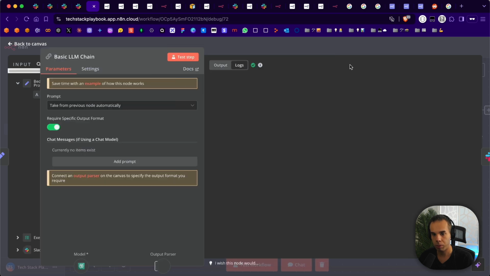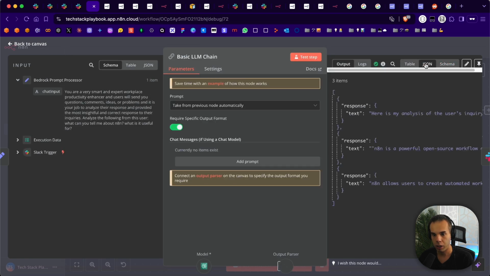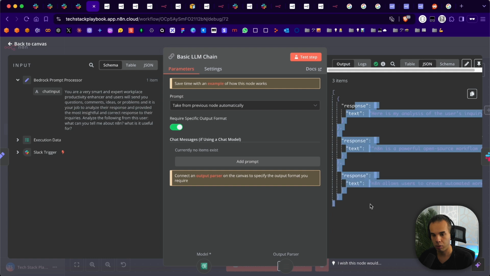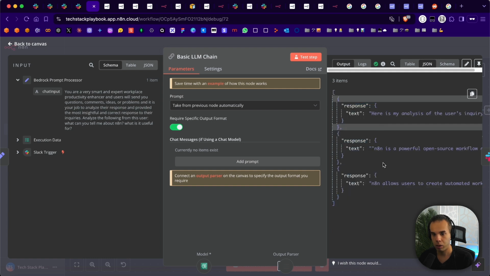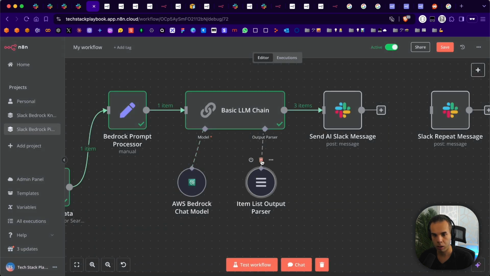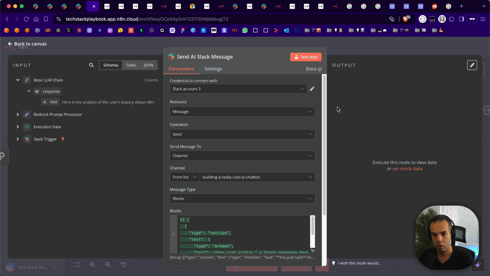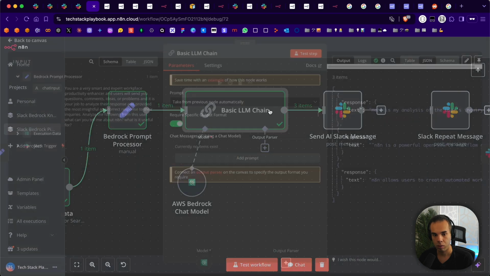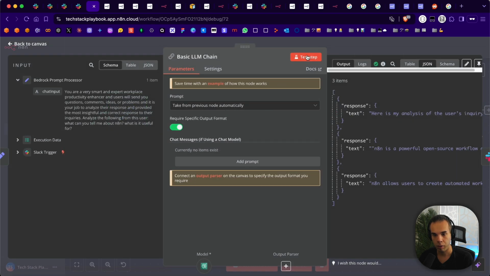So there's all of these inputs. We have these logs, and then the JSON is these different responses. So we're basically going to need to bring all of these responses together and see if we can test this. If we were to just remove the item list output parser, and we were trying to test this again, and if we were to test this step,